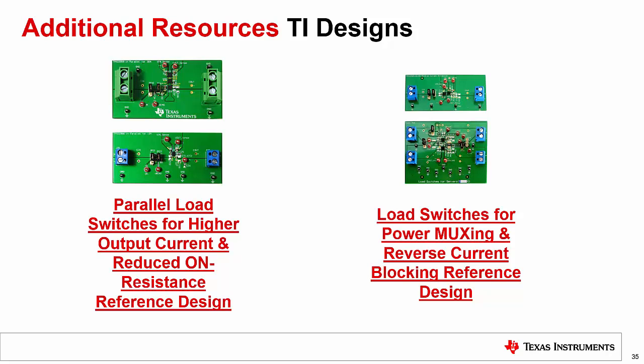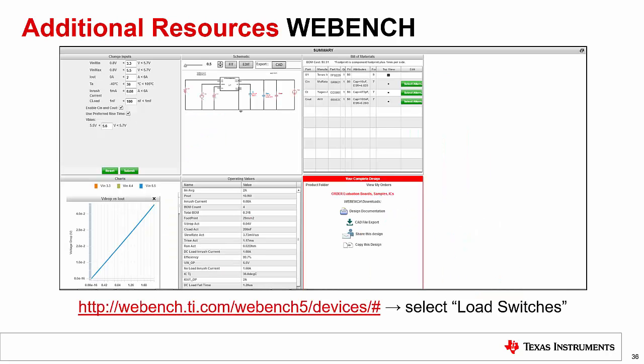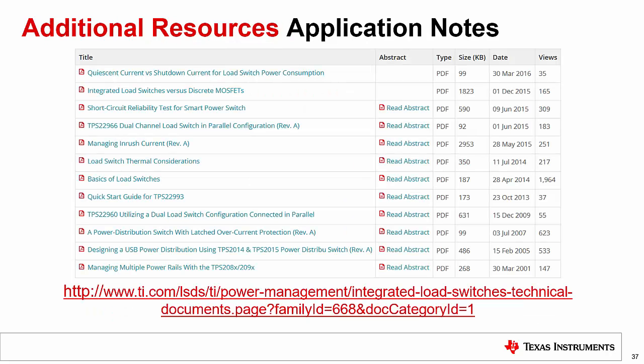And the TI design on the right shows how load switches can be used for power muxing and reverse current blocking. Texas Instruments also has WEBENCH support for several load switches, which can help model load switch parameters and performance. Finally, several application notes are available, which provide details about different load switch features and configurations.